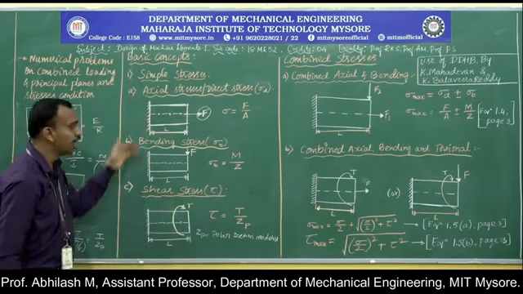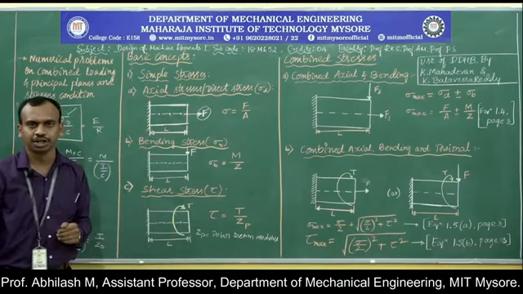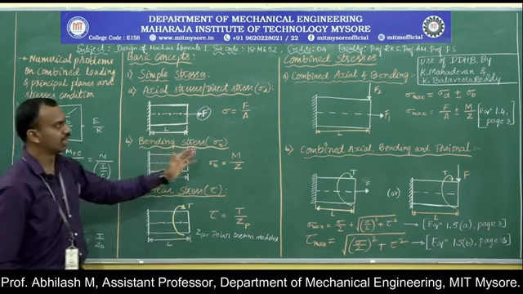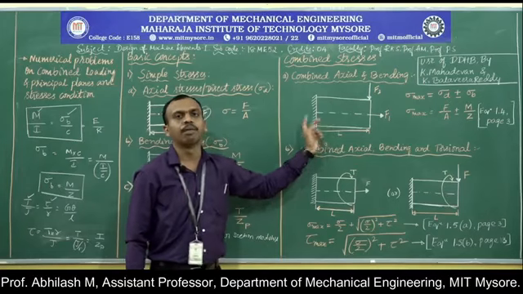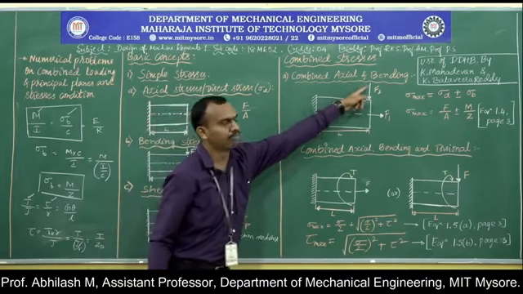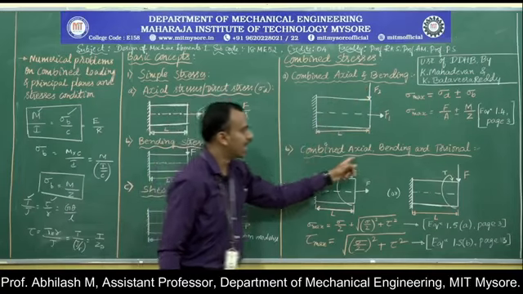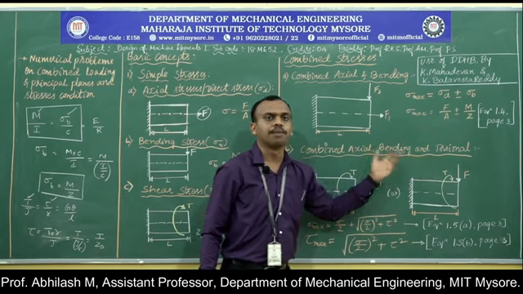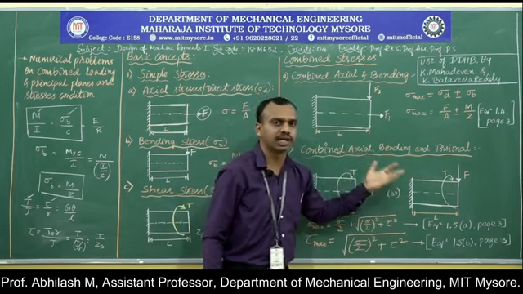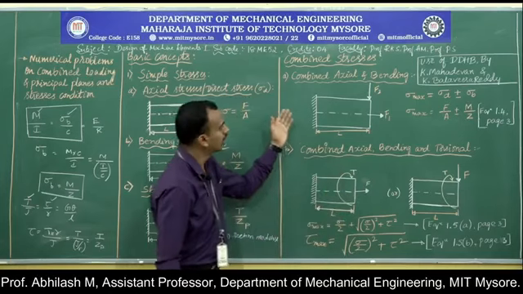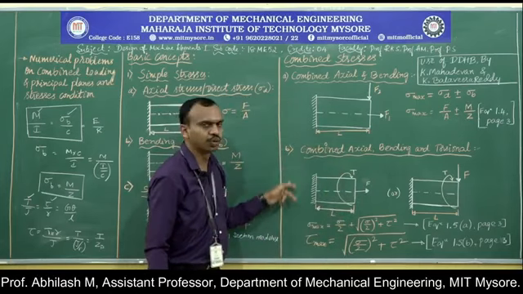All these are individual loads acting on a machine component, but in actual scenarios, in the majority of cases the loading will be a combined load. The combination could be between axial and bending, or between axial and torsion, or bending and torsion. So what is the maximum stress that is developed when it is a combined load? We'll be understanding the concepts through these two conditions.